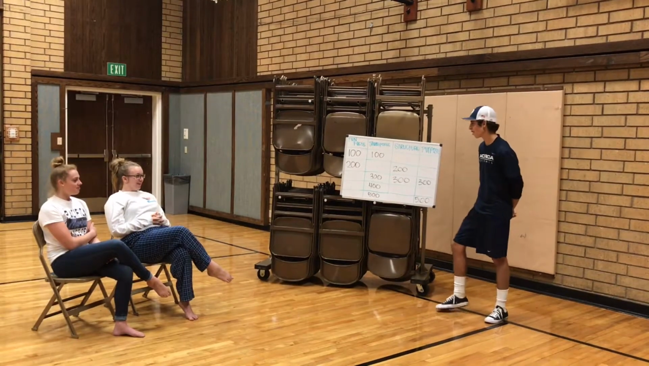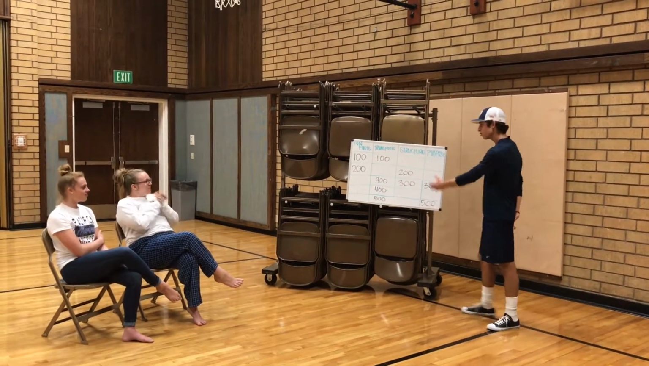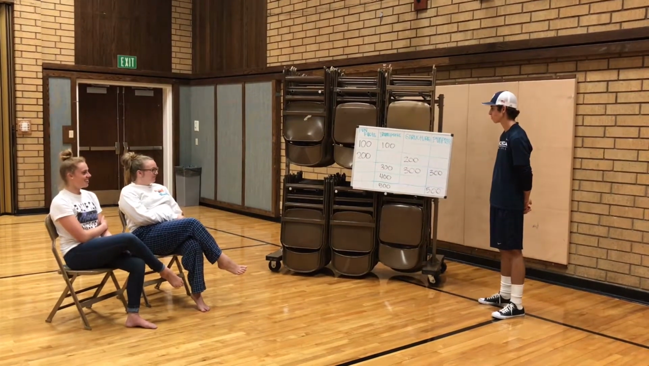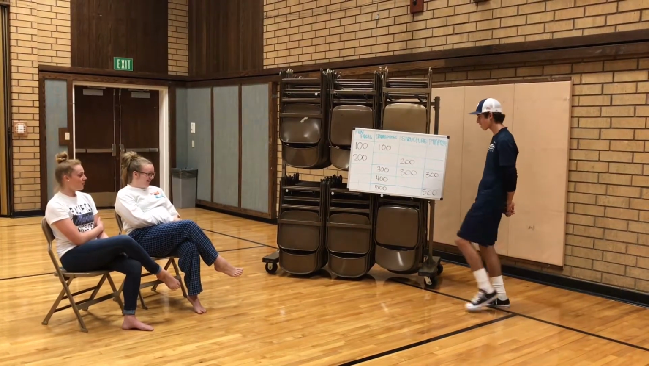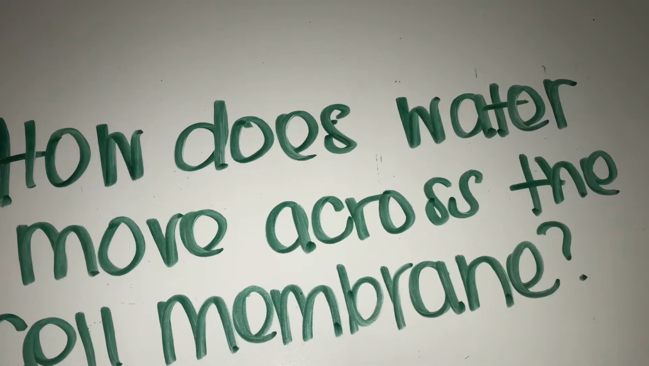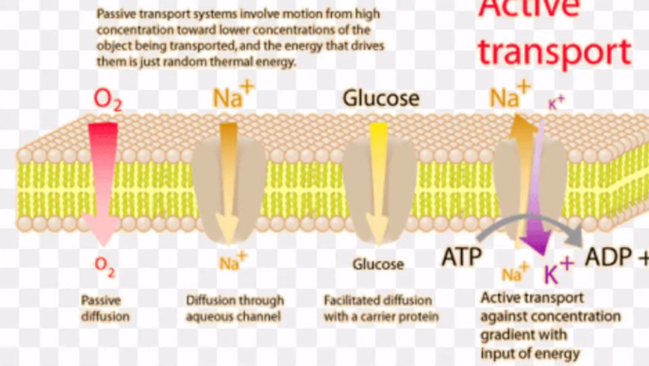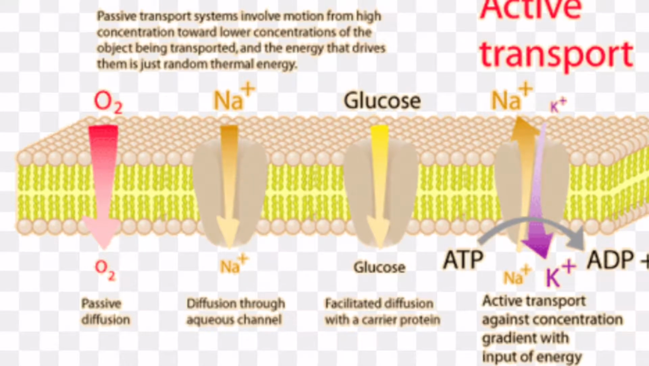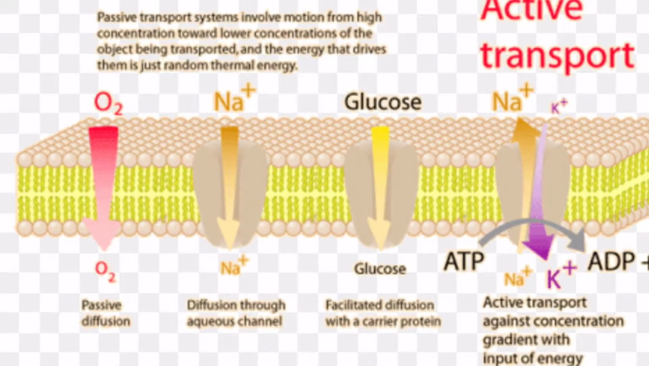And for your final turn, Annabelle, which one do you choose? I think I'm gonna go with transports for 500. Alright. How does water move across the cell membrane? What is osmosis? In active transport, energy is required to move substances against concentration gradient, which is from low to